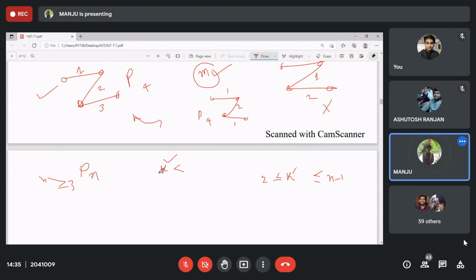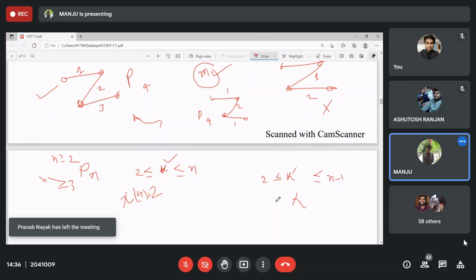For vertex coloring, the maximum is n and the minimum, in this case, is 3. If n is greater than or equal to 2, then for a non-trivial Pn it will be 2 to n. Clear? The chromatic number for this one is minimum K. Does this proper coloring exist? The vertex chromatic number was 2 over here, right? Clear? What about here?